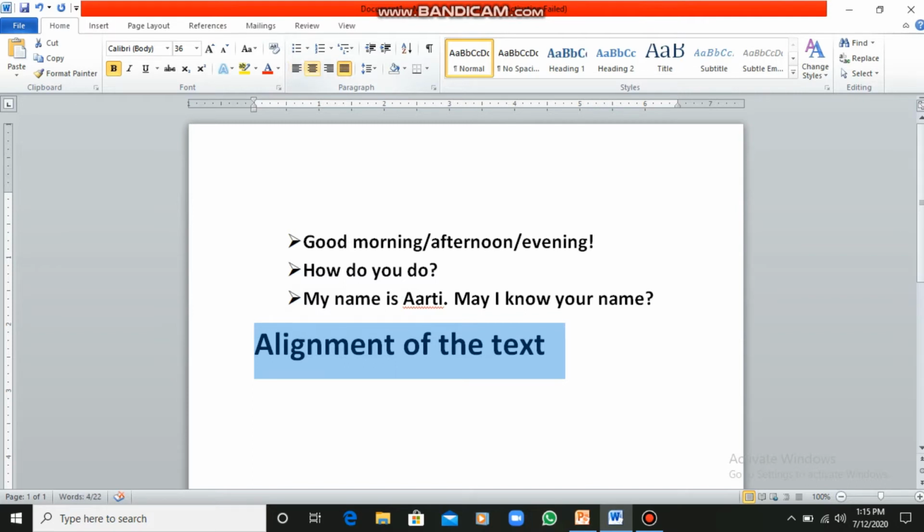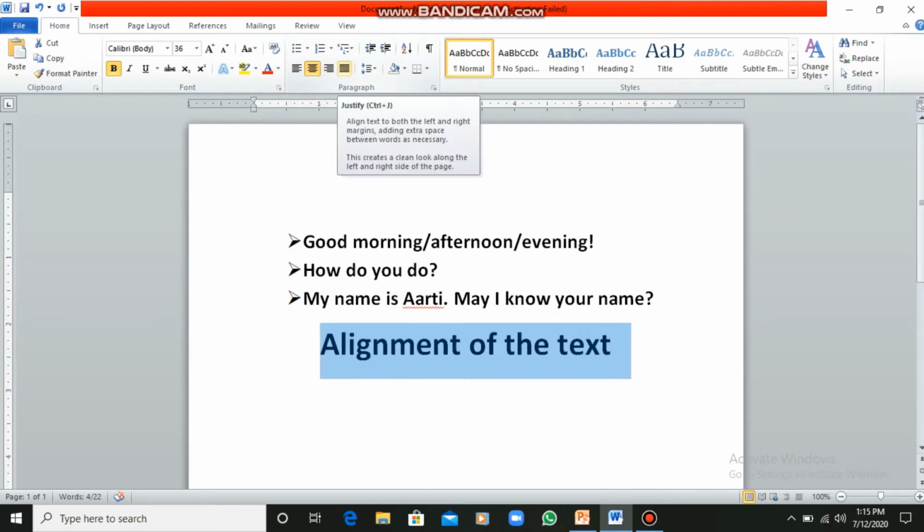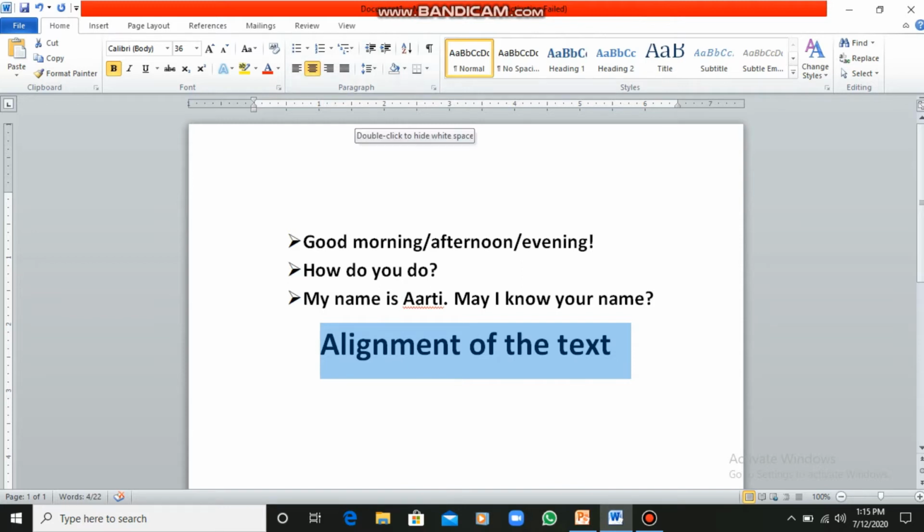See, these are the options on which I am clicking, and these options are also available under the paragraph group, under the Home tab, just below the bullets and numbering option. So the four options are available there. See, this is moved to the left side, and then if I align it again, it is now center. There is a justify option also, and we can move it to the right part also. So we can do the alignment of our text, students.